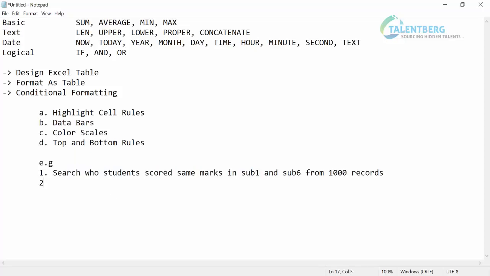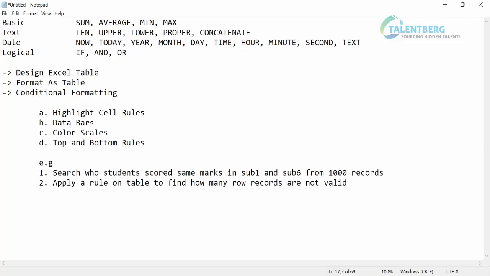We have some questions. The second thing is, apply a rule on a table to find how many row records are not valid.